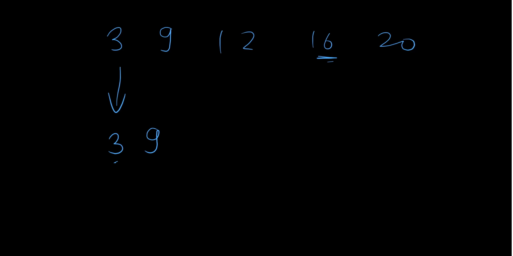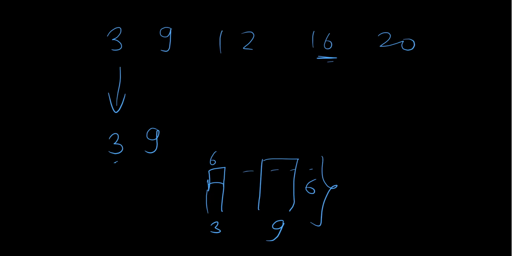So I chose 9. Now I have a tower of height 3 and another tower of height 9. The difference between them currently is 9 minus 3, which is 6. Now I want to minimize the difference. So I will increment its height by 3, so it becomes 6, and I will decrement its height by 3, so it becomes 6. Now the difference between them is 6 minus 6, which is 0. So the minimum difference we got is 0